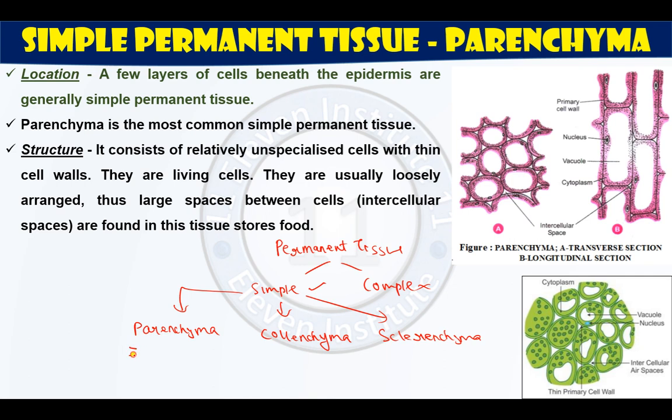Now in parenchyma we have seen three things. One is a simple normal parenchyma. Then if chlorophyll is filled, it is known as chlorenchyma. And if air is filled, it is known as aerenchyma. So don't be confused about this. These are nothing but some specific modifications of the parenchyma. It can be simple, no modification. If chlorophyll is filled, then it is known as chlorenchyma. If air is filled, then it is known as aerenchyma. Don't confuse this with these. These are different types of simple tissues, while chlorenchyma and aerenchyma are different types of parenchyma actually. Fine. I hope this is clear to you.